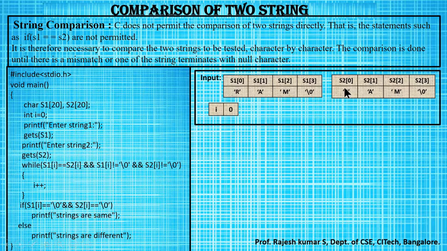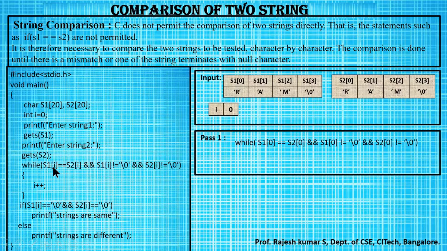Now we have to compare both. I told we have to compare character by character. So here the condition is S1 of I. I'll just display the condition for you. Now I value 0: S1 of 0 double equals S2 of 0. And there are three conditions I've specified. All these three conditions should be satisfied in order to enter the while loop. First I'll check whether these both are similar. And I'll check whether this is not a null value and this is also not a null value. Why do I check the second and third condition? If any one of the arrays has got the null value, then that is the end of the string, and I should come out of that particular string.